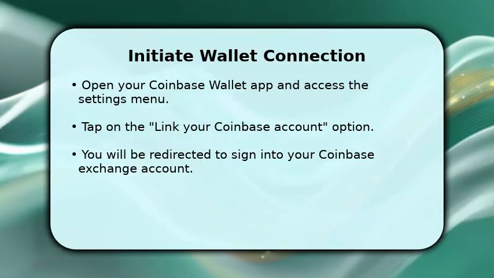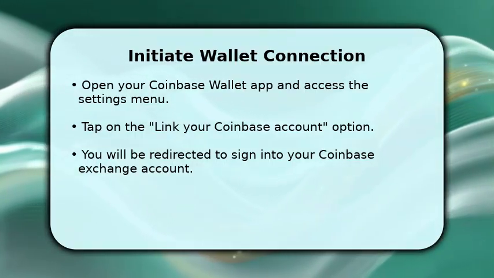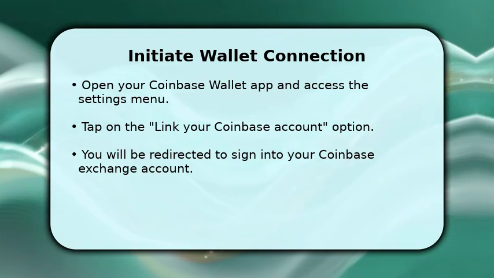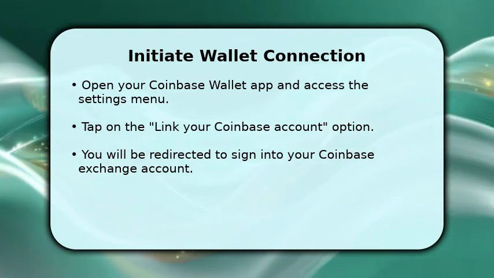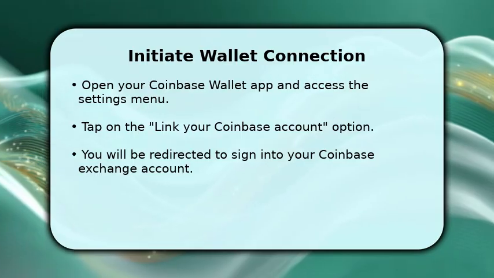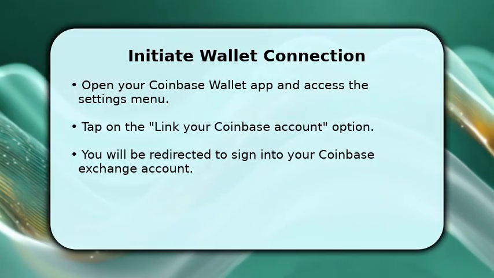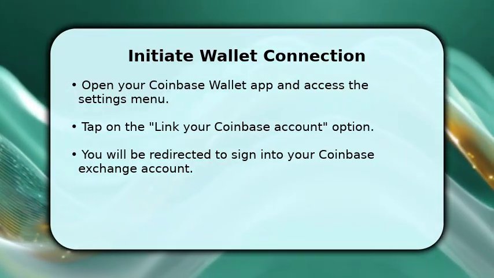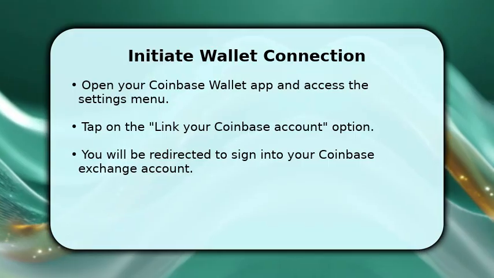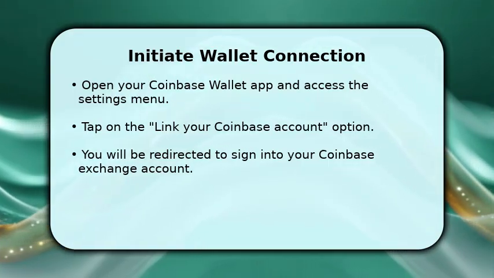Next, open your Coinbase Wallet app. Look for the settings icon, usually found in the bottom navigation or a menu. Within settings, you'll find an option to link your Coinbase account. Tapping this will prompt you to securely sign into your Coinbase Exchange account, initiating the connection process between the two